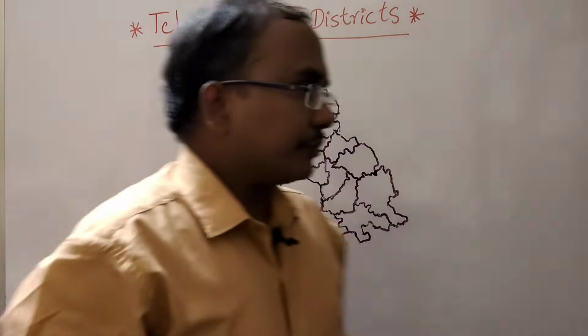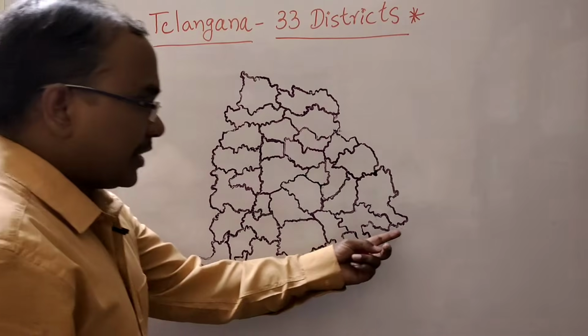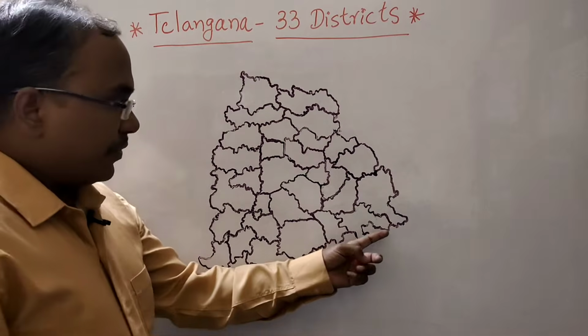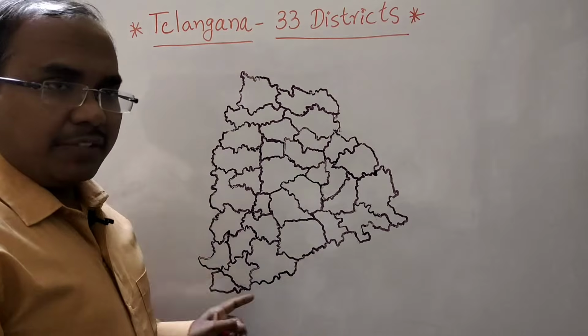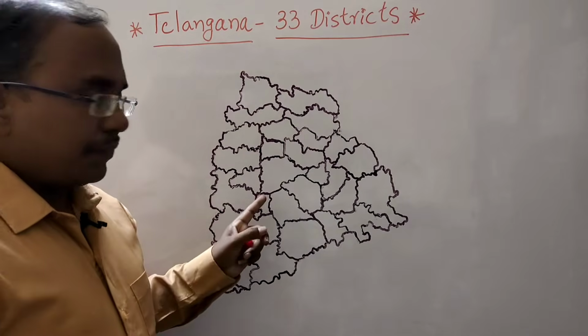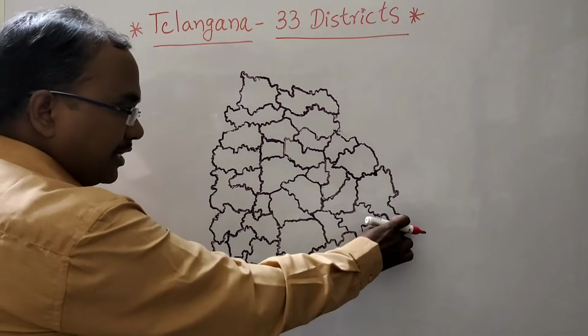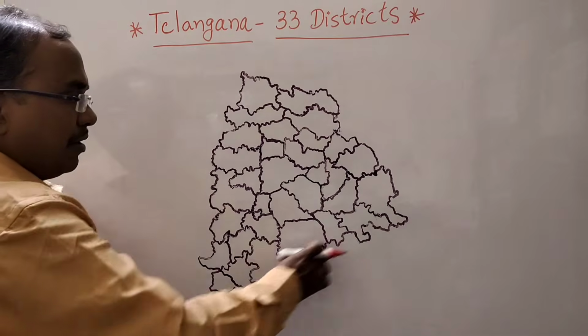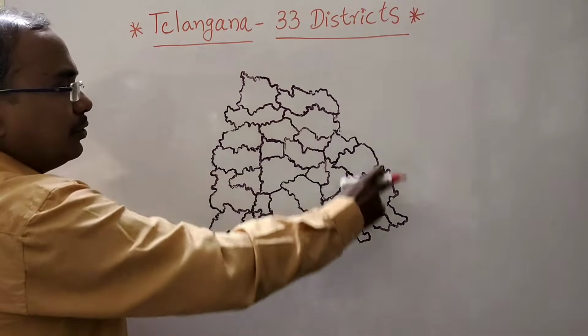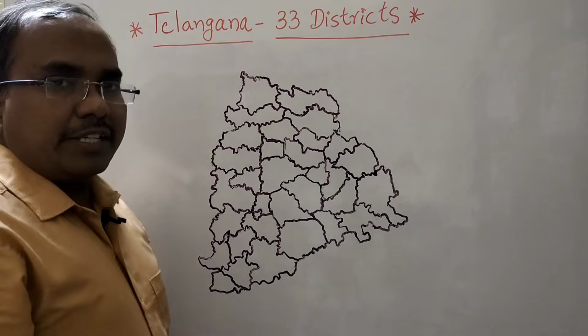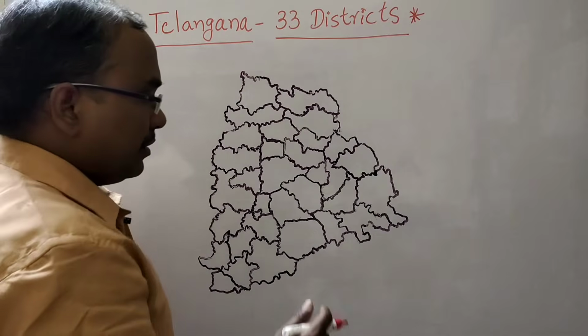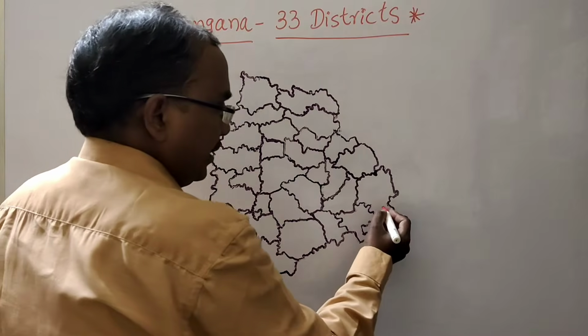Look at the board. First, we will start from this corner. The shape of Telangana is triangular. From this corner we will start, from outer to inner we will go. This is an easy way to learn. Now starting with this,